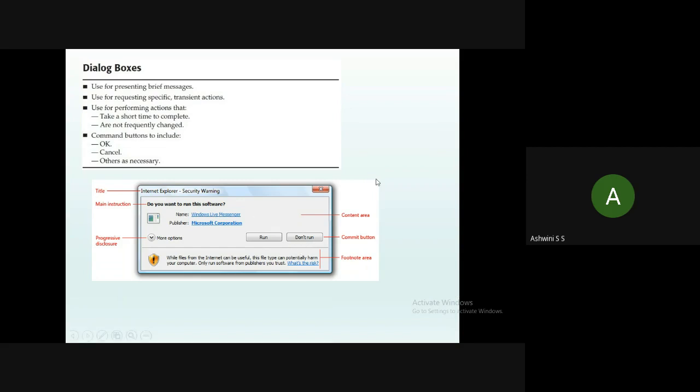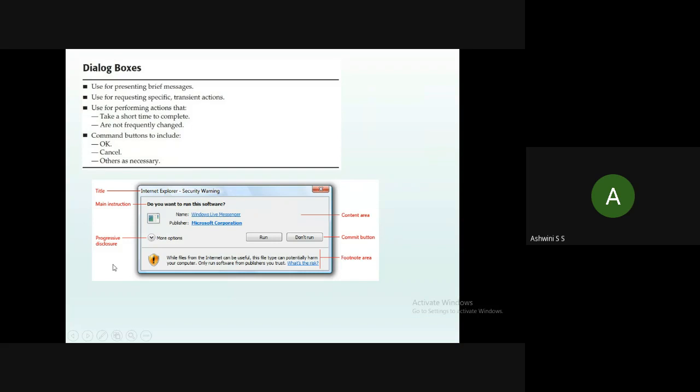The command buttons in dialog boxes are not only run and don't run; they can include more types of command buttons, such as an OK button, cancel button, retry button, or reschedule button. So all different types of command buttons can be included in dialog boxes.